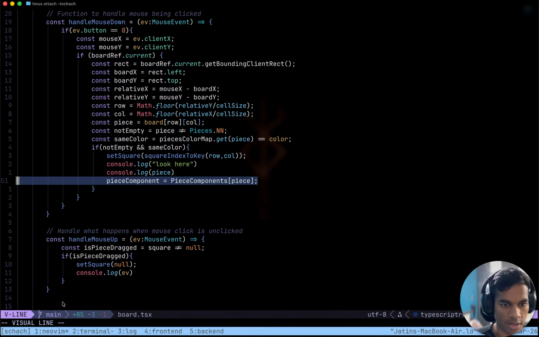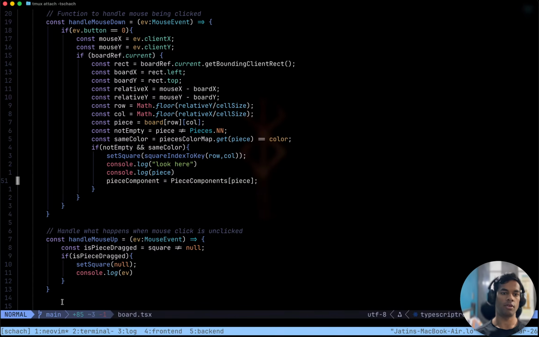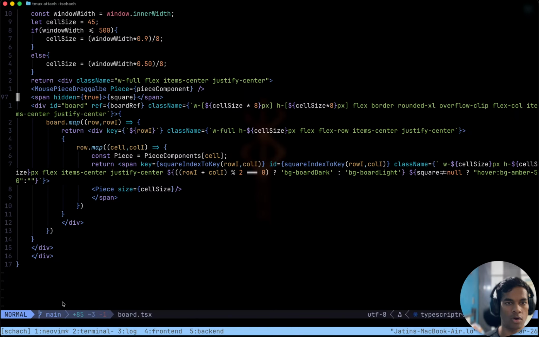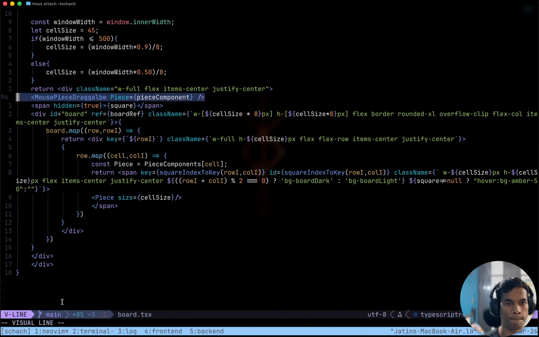Right, so we should be getting piece component here. We are also doing set square, also cool, piece component.